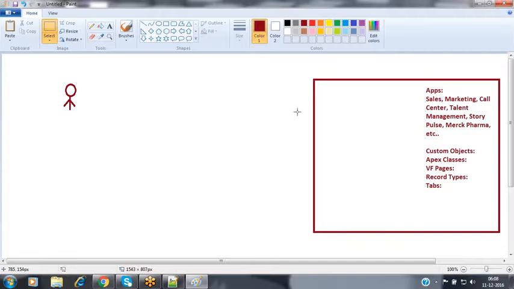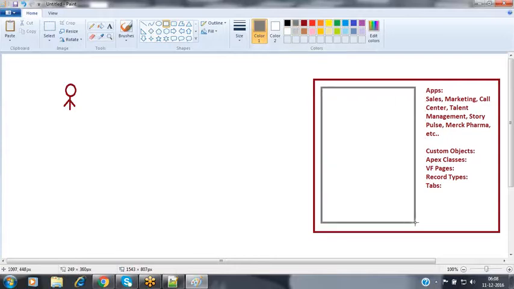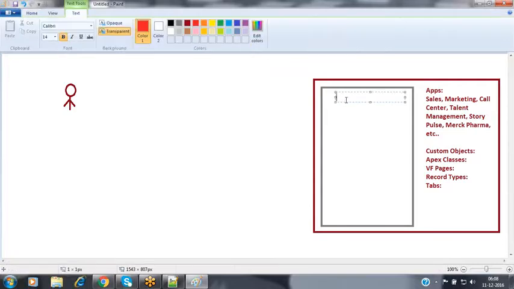Inside my organization I have some set of objects available.